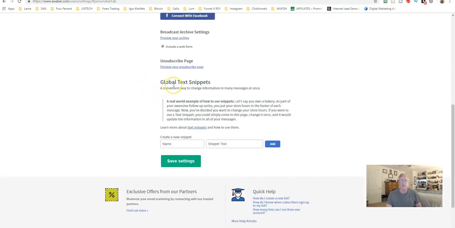And you can also set up global snippets. I'm not going to go into the details here, but you can create global snippets. That way, for all your email series, such as an affiliate ID global snippet, you could use this snippet within all of your emails, and you would only have to enter the ID for that affiliate ID within that link in one spot right here for all those emails. That's the gist of it for setting that up.